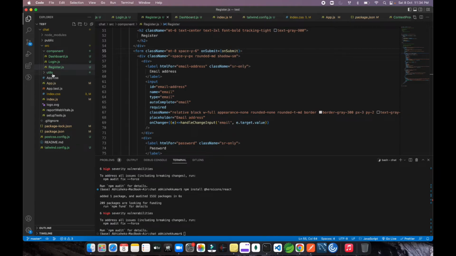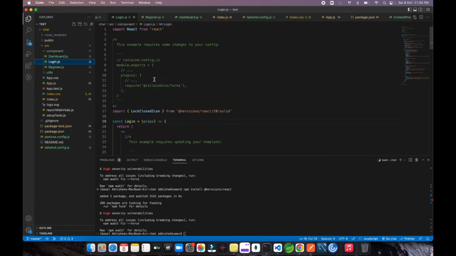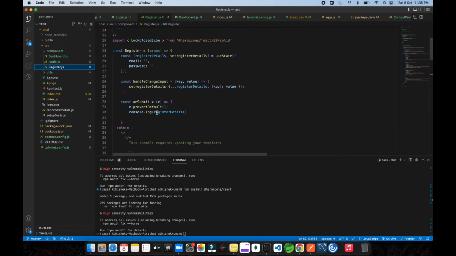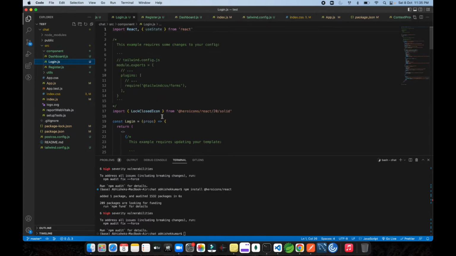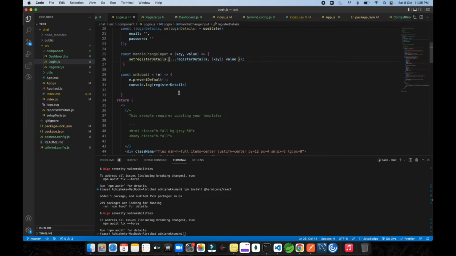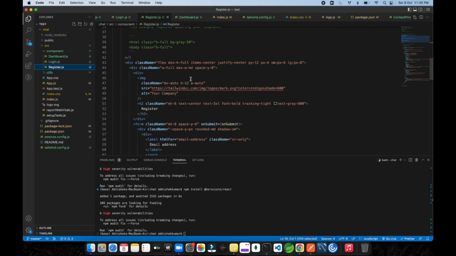Okay, let's do the same thing for the login as well, and after that we're going to do the Firebase thing. So just go over here, import useState, copy all the things from the register. Okay, Control C, login details. Just make this register details into login details. Login details. Okay, and after that just copy this thing from here,